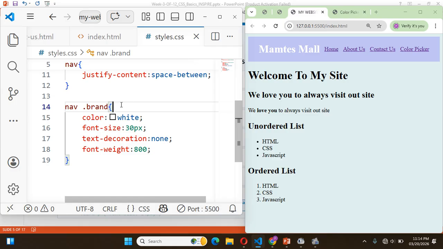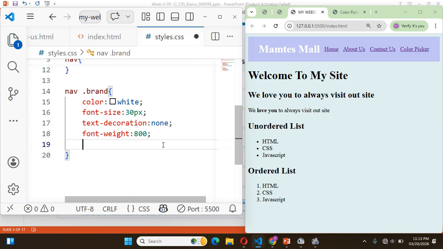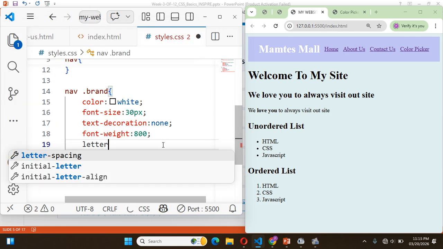So now we have done the brand name of our site, now to be called Test More. All right. Then let me add one more thing here before we finish this one. I can say letter spacing to give small space between each letter. Letter spacing,